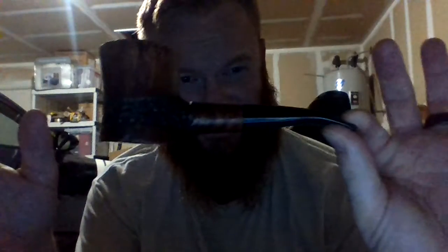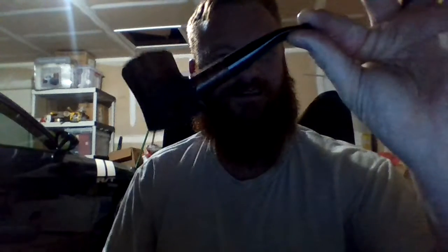So I mean, it was definitely simple. I kind of drew out a rough shape, as well as some dimensions in regards to the bowl. Said I wanted a short bend, right? I didn't want a full bend, but I wanted a short bend, so it kind of had that bent Dublin look almost. I wanted a sitter. Sorry about the shake there. I wanted a sitter so it sits nice and flat. And sure enough,